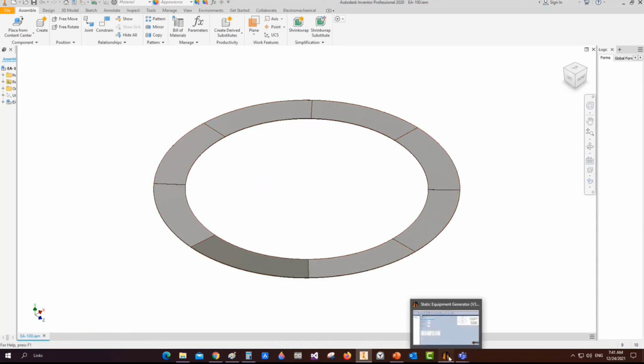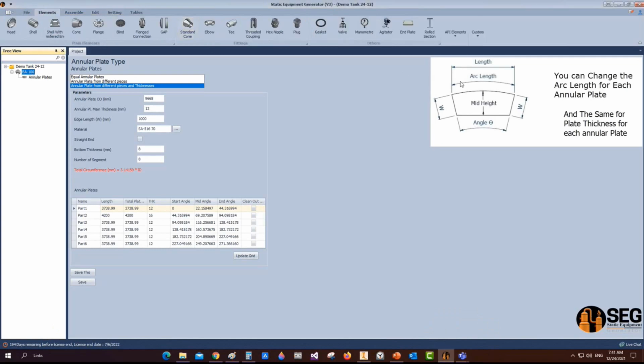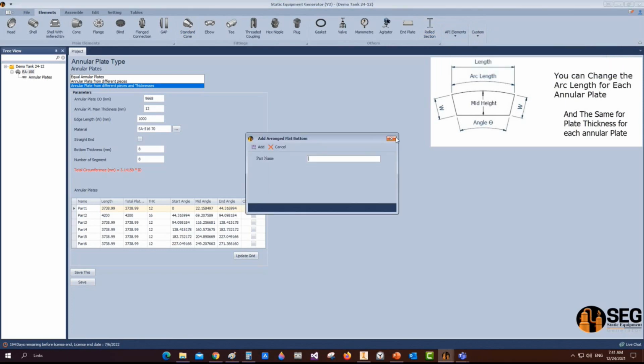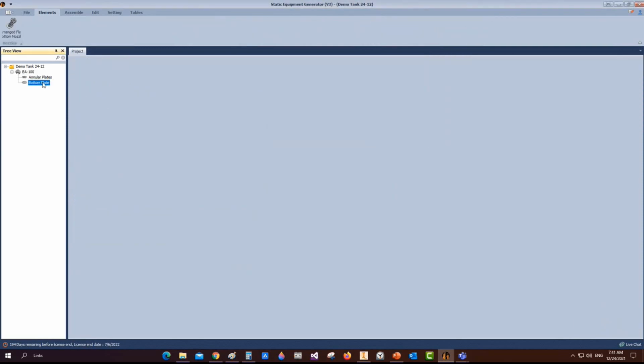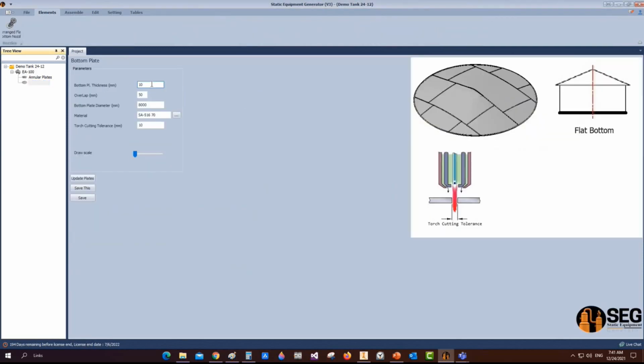Okay, now we have the annular plates. Now let's add the bottom plates. And from here, let's add a flat bottom. From here, we will define the thickness as 8 millimeters, the overlap